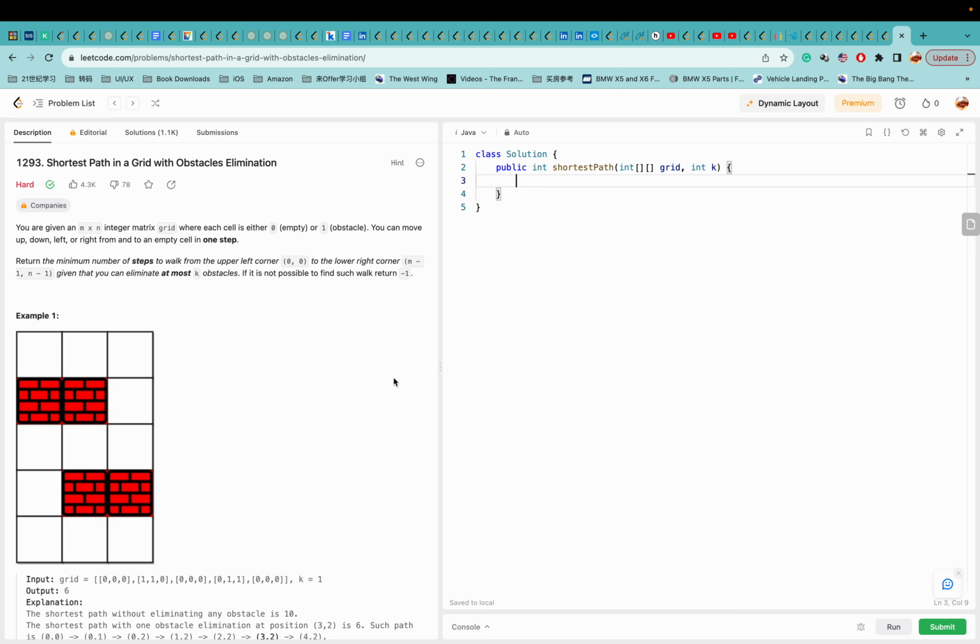Today let's solve some more LeetCode problems. Today's problem is shortest path in a grid with obstacles elimination. We were given an m by n integer matrix grid where each cell is either 0, which means empty, or 1, which means obstacle. We can move up and down, left and right, to an empty cell only within one step. We were asked to return the minimum number of steps to walk from the upper left corner, which is (0, 0), to the lower right corner, (m-1, n-1),